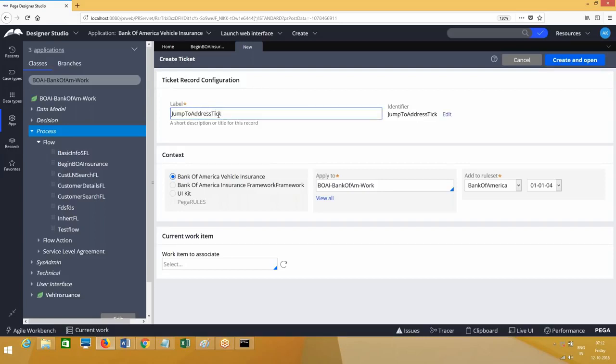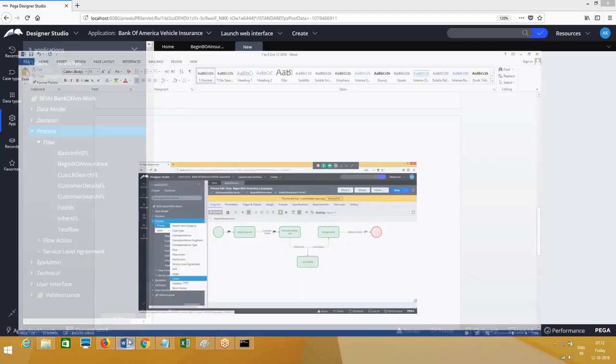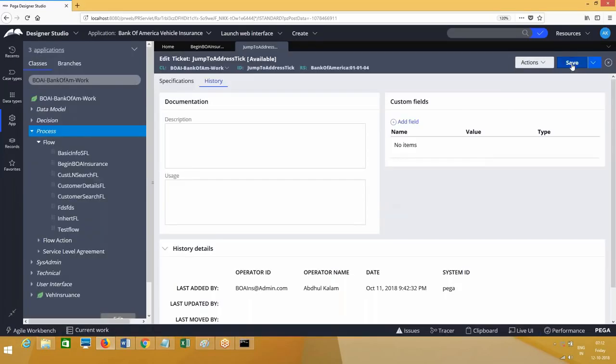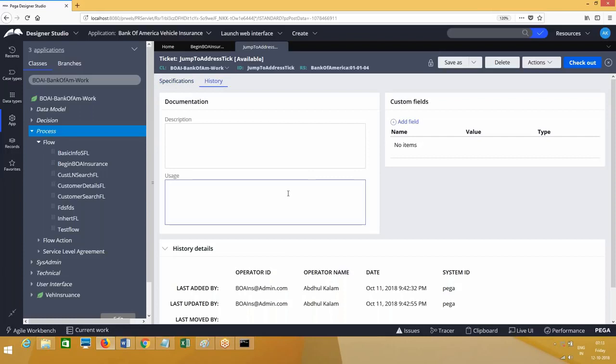You can give any name, but make it something meaningful as per your business requirements. Within the ticket, you don't have anything. Unlike other rules, where you do some implementation within the rule, here there is nothing, just a description and usage. The history tab is the only other thing, and specifications we are not required to bother about. So this is how a ticket is just used as a label.